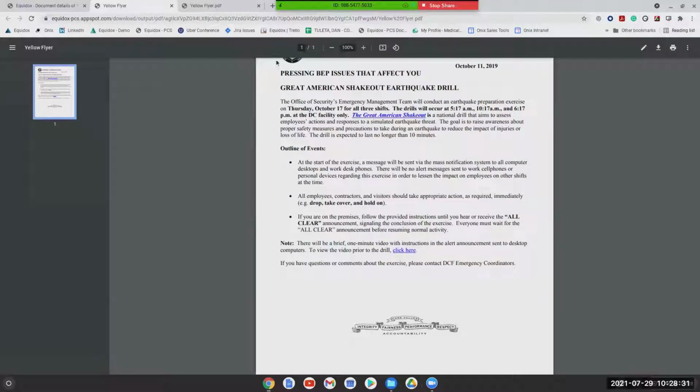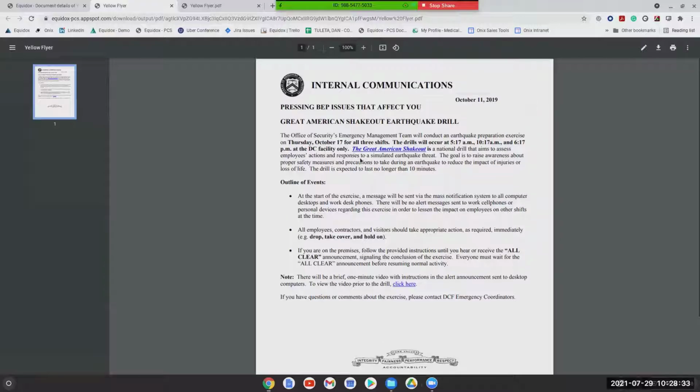But Equidox does not alter or change your PDF from a visual standpoint. All you are going to get from Equidox is that tag structure that is reflected in the HTML preview. So as you're checking that HTML preview, you are going to be producing tags that are, again, invisible to the naked eye, but they are there in the back end of this document to be compliant, to be accessible, to be usable for end users who are interacting with your content with assistive technology.